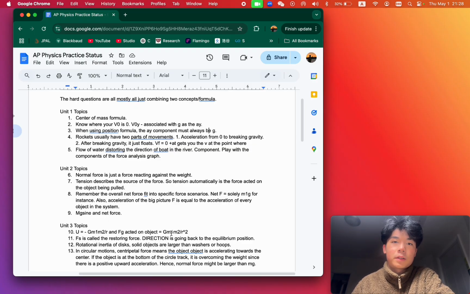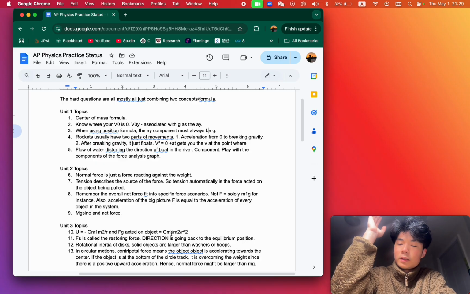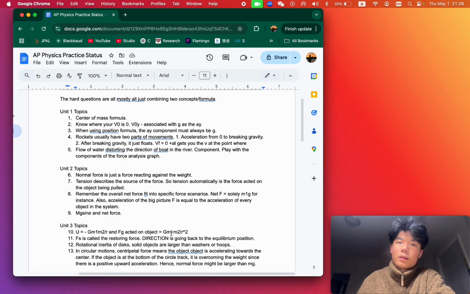And also, don't forget to associate the gravitational g constant with ay. Whenever you're doing ay, the acceleration is just g, which is negative 9.81